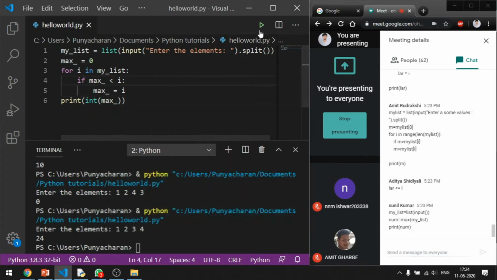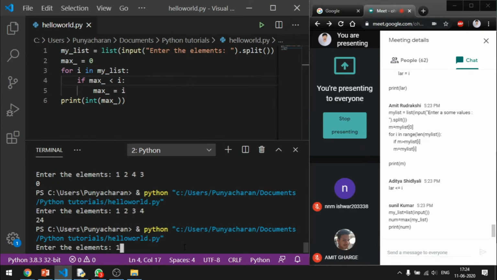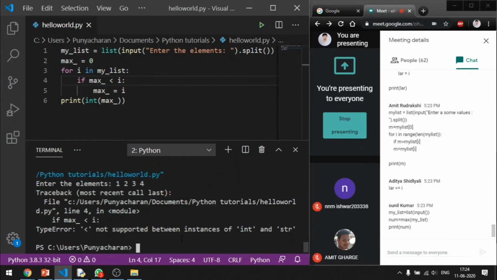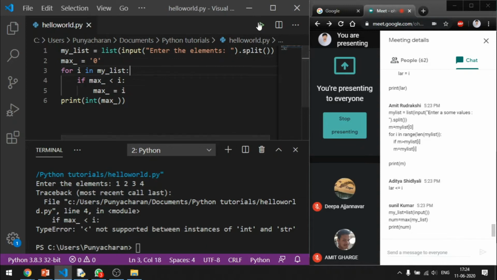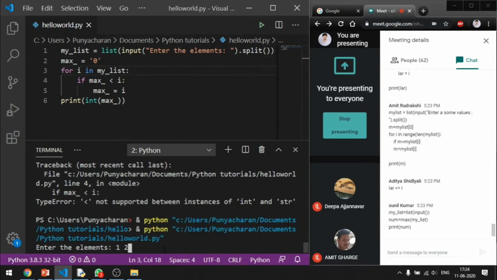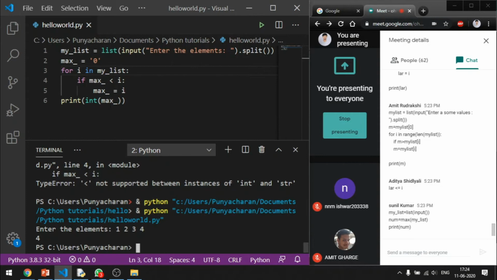Let's check the output. Okay, not supported. See, it does not support. Let me try with this. Perfect. If you try like this, you'll get it.